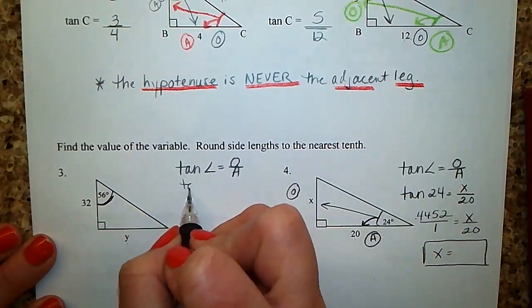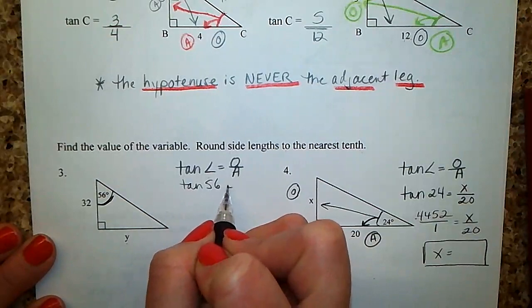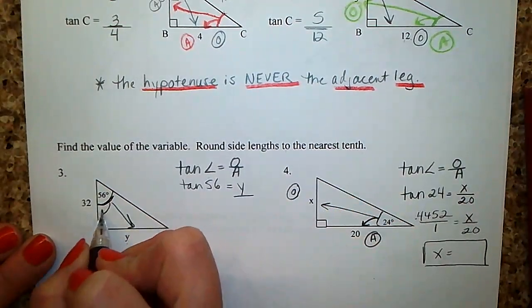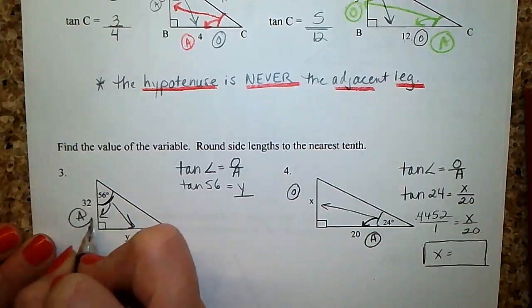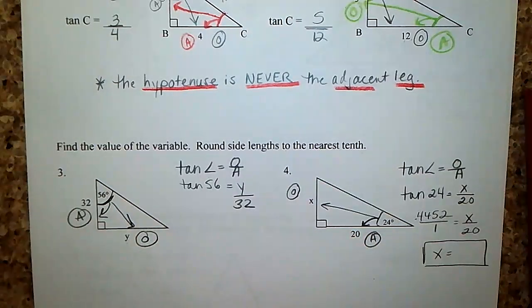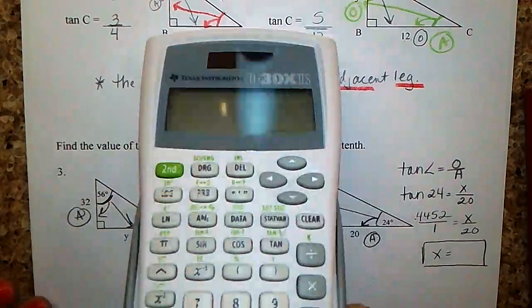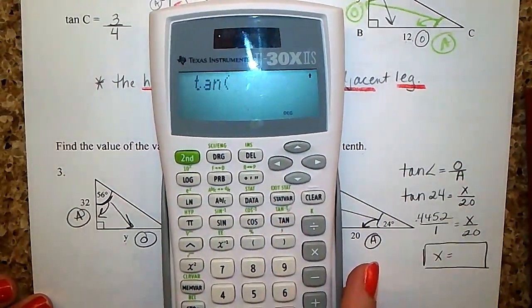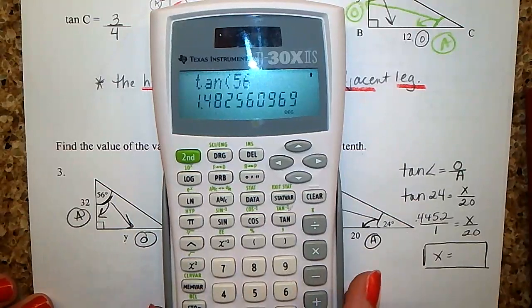So I'm going to say the tangent of 56 is equal to the opposite y over the adjacent. So this is my opposite. My adjacent is 32. Okay, so now we have to go to our calculator. And in your calculator, this is where we need to use our tangent buttons. So I'm going to use the tangent there of 56, hit enter, and I get